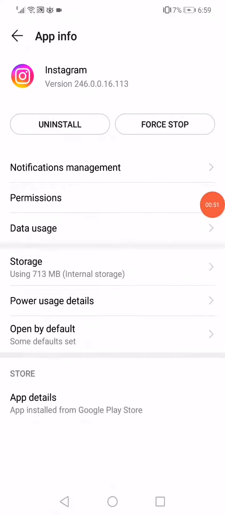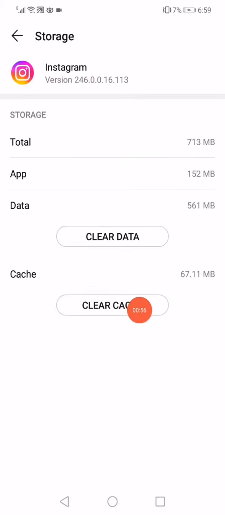Now go back, click here on force stop again, click on the storage, click on clear data, clear cache, and